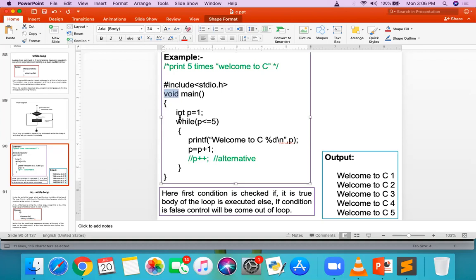Suppose one process is executing and you want to check its return value, and depending on that return value you want to execute another process, then at that time it is better to use int main. If you are using Turbo C, stick to void main. If you are using GCC, stick to int main.